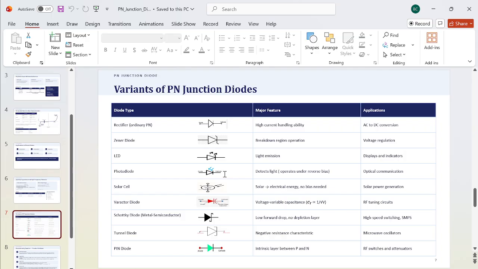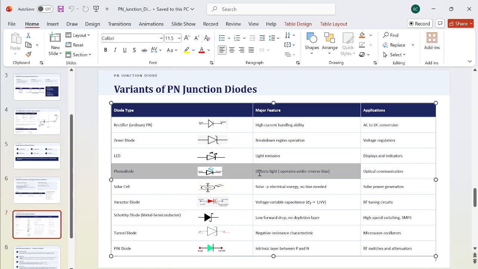Now in this case of the PN junction, the light is made incident upon the junction, and this photodiode is basically a reverse biased PN junction, which works for the detection of light. So it is used in optical communication. Light is made incident upon this